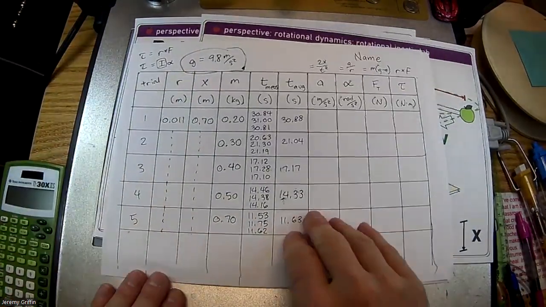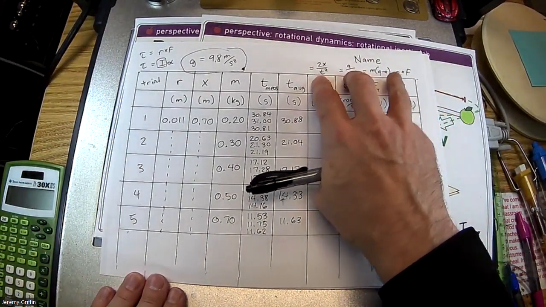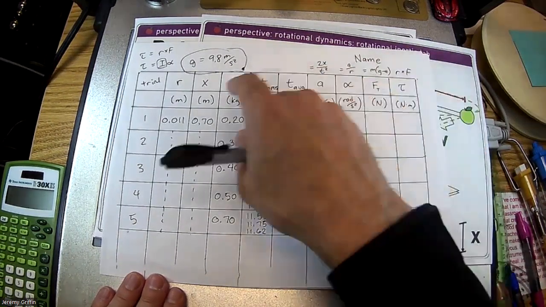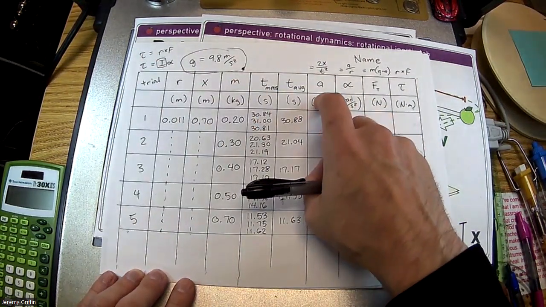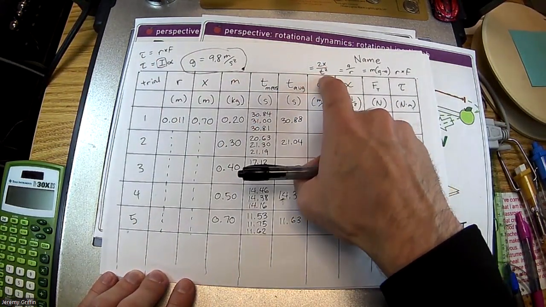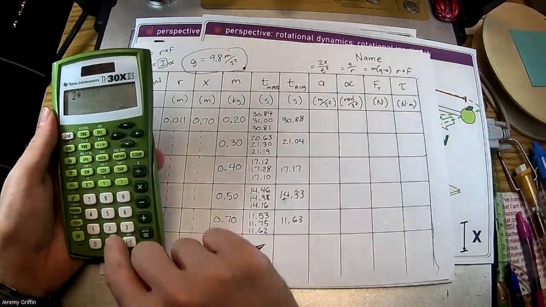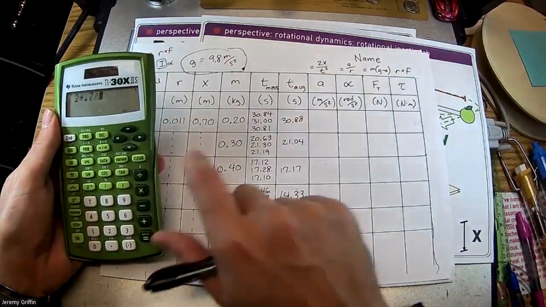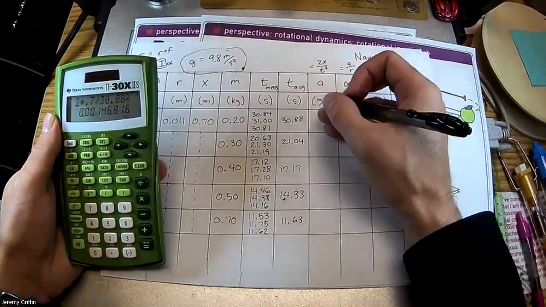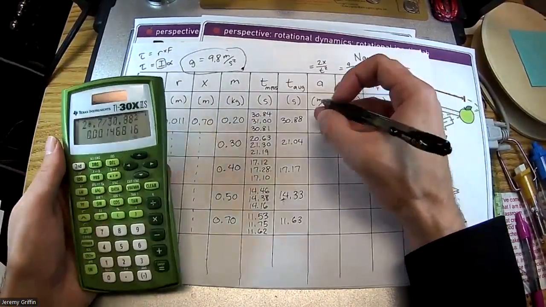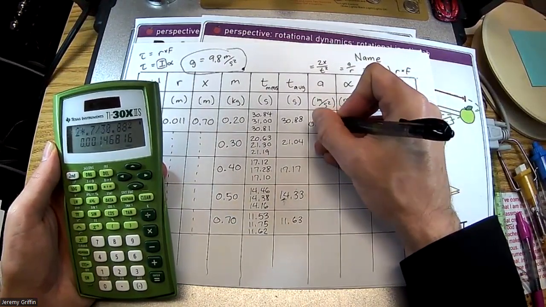So now we're moving on to these last columns, and in the setup I was telling you how to calculate those, and of course how it's going to ultimately lead to answer the question, what is the rotational inertia? So linear acceleration comes from kinematic motion. It's 2 times the fall distance over the fall time squared, starting from rest, which is exactly what we got. So 2 times 0.7 meters divided by 30.88 seconds, squared. Now these are going to be tiny, tiny accelerations. So the first one is